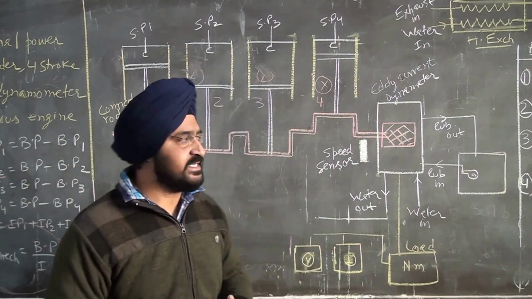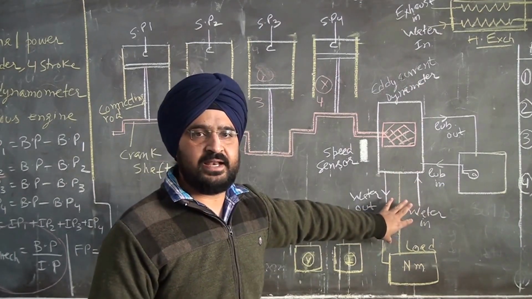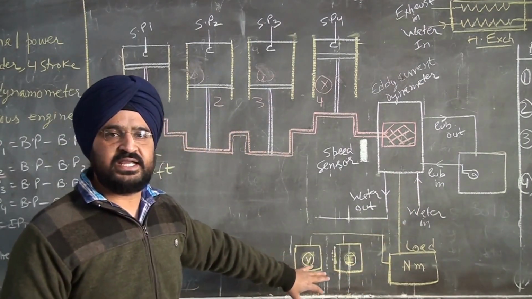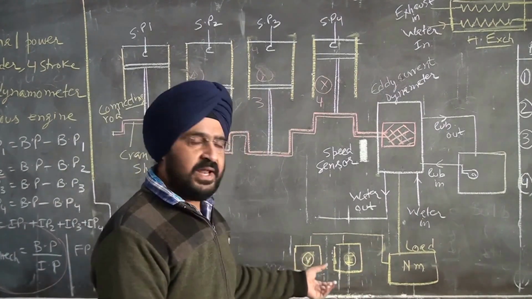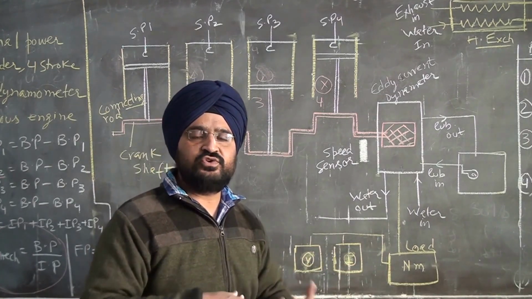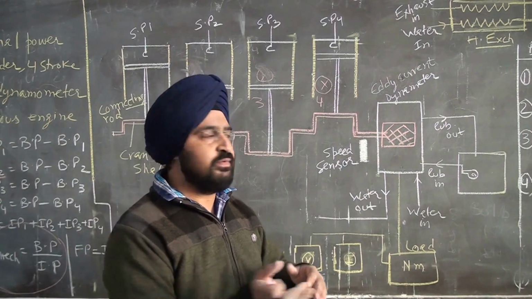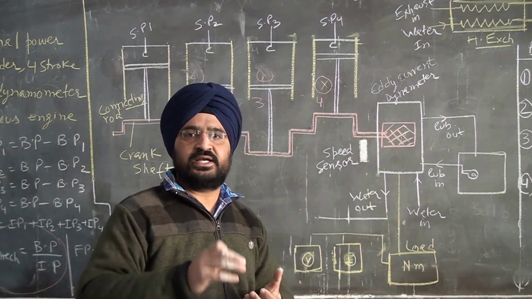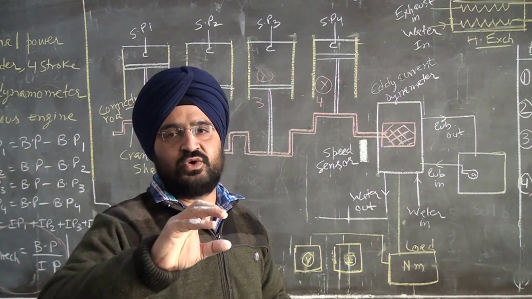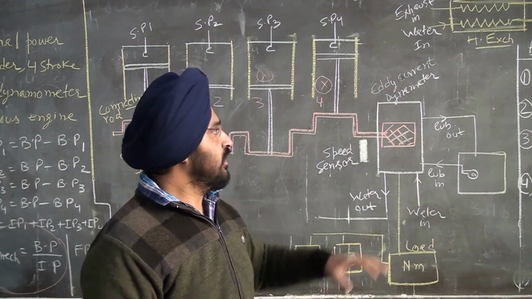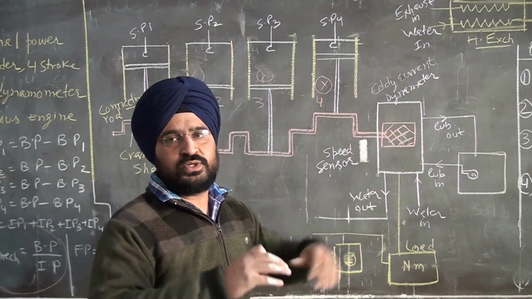Now, when you pass the current to the stator, it is connected through a panel on which we get the voltage from the electrical supply, and then we pass the current. The voltage and current are passed to the actuator coil that is between the rotor and the stator. The rotor is connected to the engine through the crankshaft, and outside is the stator.